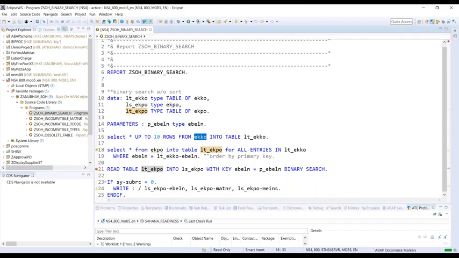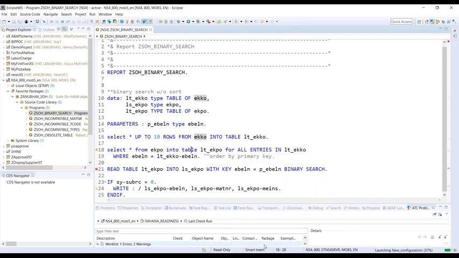So maybe I just open it up. I'll put a breakpoint here, and I'm going to run this in debug mode. So I'm going to debug this program here in our ADT, and we will see some records coming out of the first table selection. Let's check that.